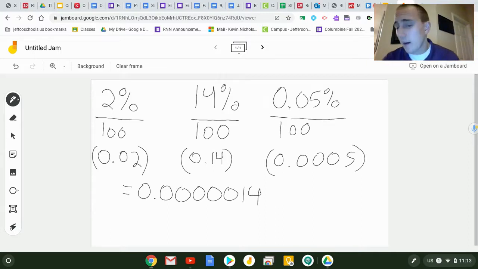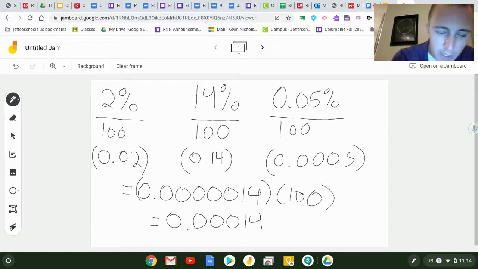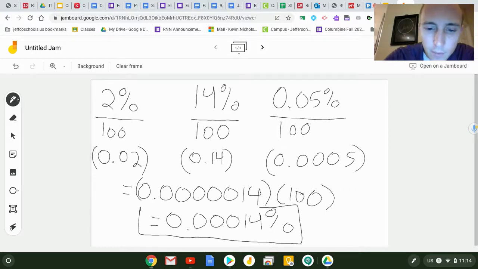I would recommend following along with your calculators with this one, because there will be a couple of these types of questions on our practice for today. Now, this right now is in its decimal form, so we do need to multiply this times 100 in order to get it back to a percentage. Here we go. That's going to move our decimal place over 2. So that gives us 0.00014%. So this means that out of the entirety of the Denver metro area,